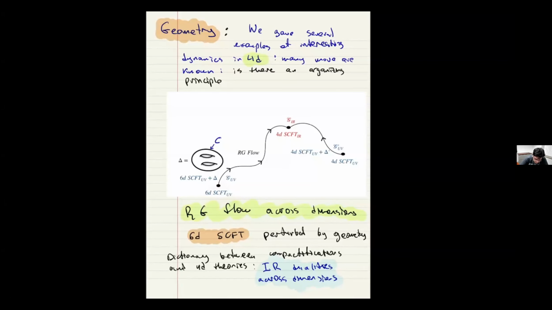Okay, so we will start from 6-dimensional supersymmetric, superconformal theories. There is a huge variety of 6-dimensional superconformal theories, which are called (1,0) theories and (2,0) theories. I will not discuss the details of what these words mean and so on, but it's important to know that these theories exist. And there is a lot of research in trying to classify them and understand them. And I believe Sakura will discuss some aspects of this